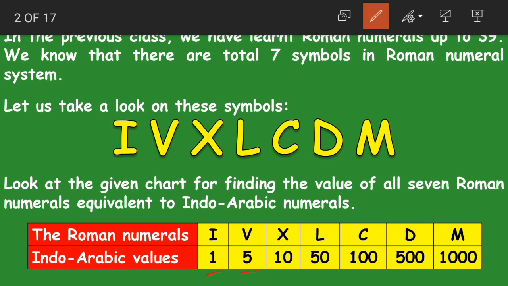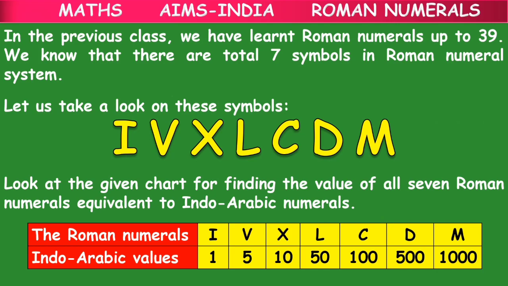First we had 1, 5, 1, 5. Next we'll have 1, 5 only, but with an increased 0. Then again we'll have the same 1, 5 only with another 0. We had no zeros here. We have 1 zero. Then we have 2 zeros here. And lastly we'll have 3 zeros. There is no 5000 here. The last Roman symbol is M, which stands for 1000. Understood, children? If you remember 1 and 5, you can write the remaining Indo-Arabic values easily: 1, 5, 10, 50, 100, 500, 1000.